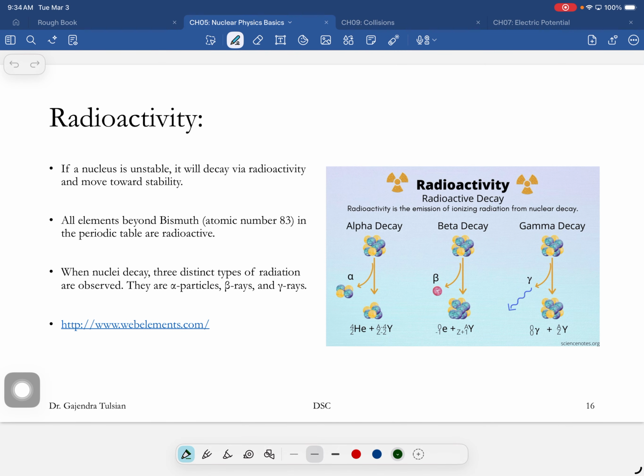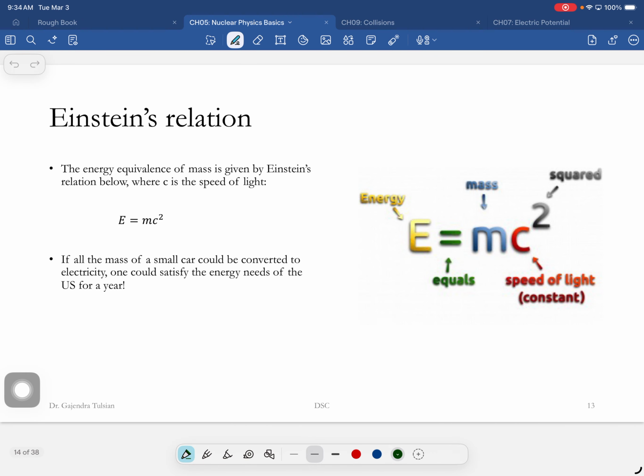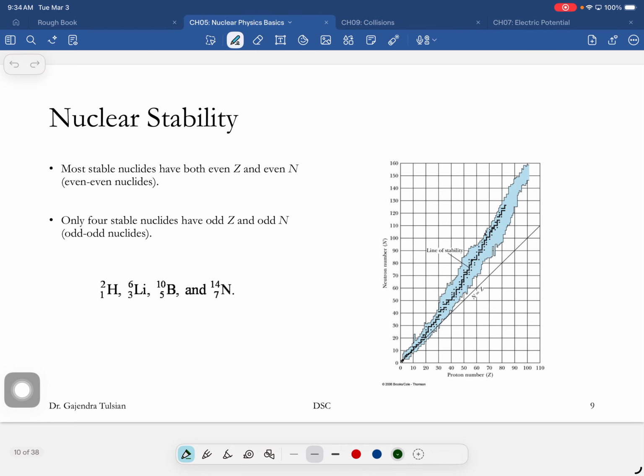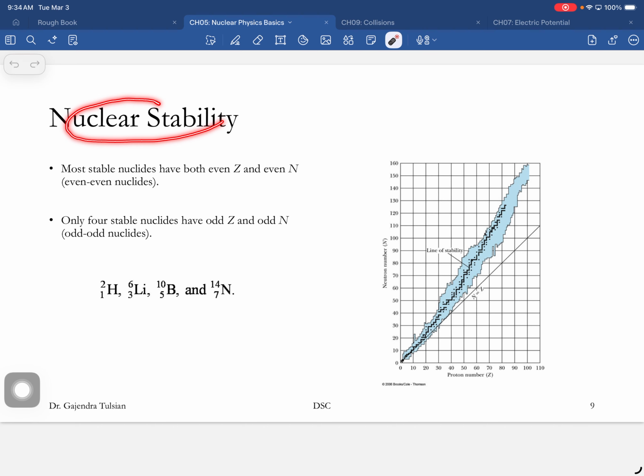All right, so let me start off by showing you a graph that we've seen before. All right, here's a graph. What this shows you is nuclear stability. This is the neutron numbers in a nucleus. This is the proton numbers in a nucleus. And what that black line tells you is if a nucleus has that many neutrons and protons, so for instance,